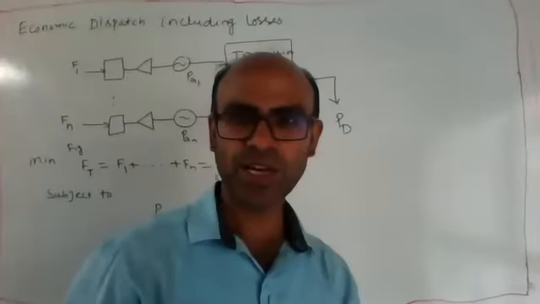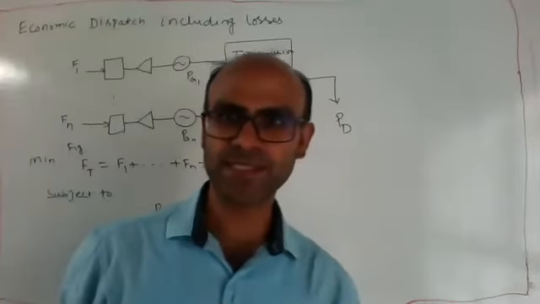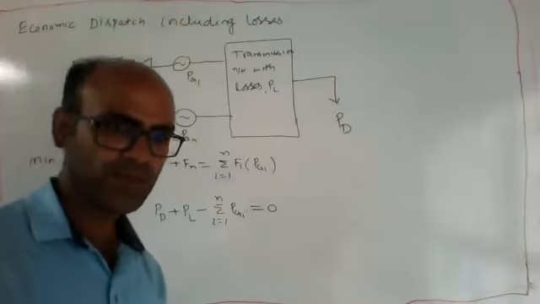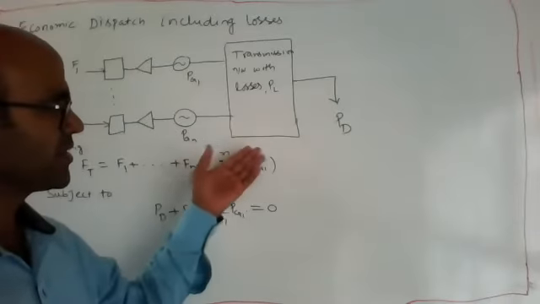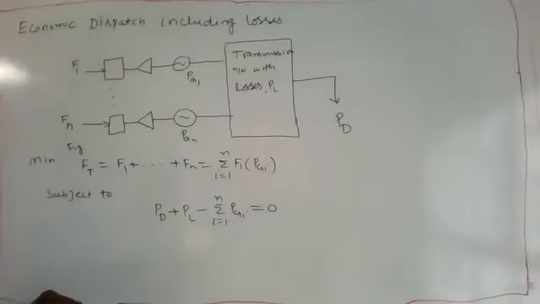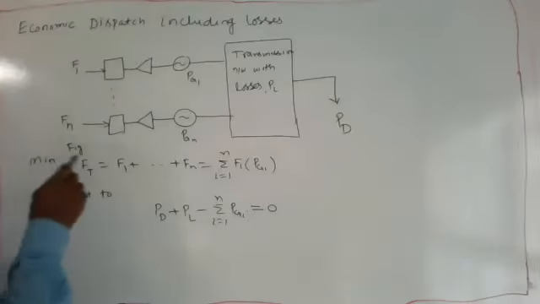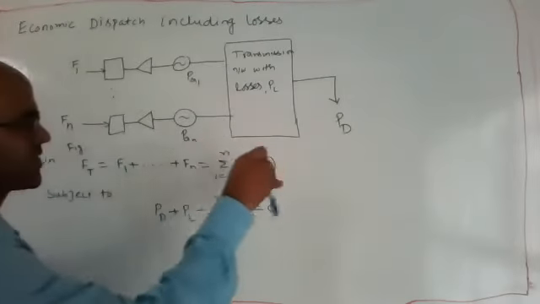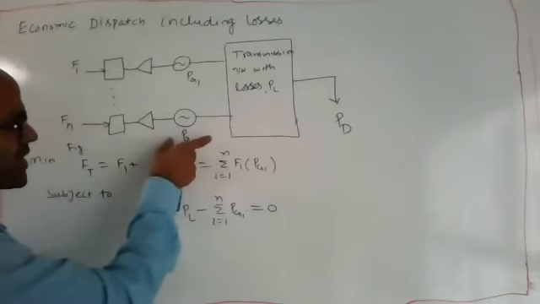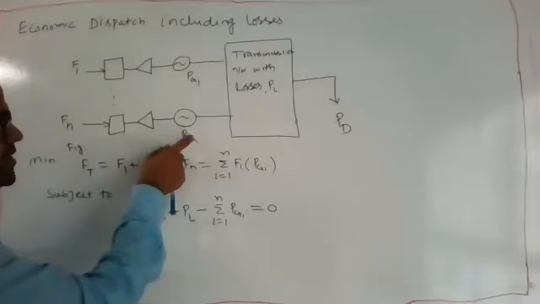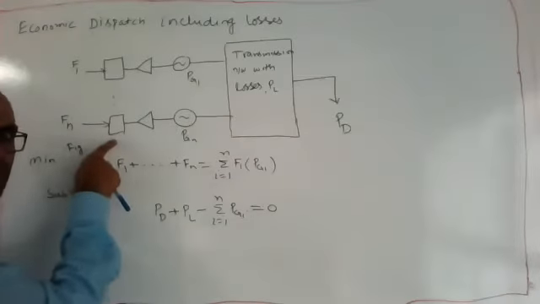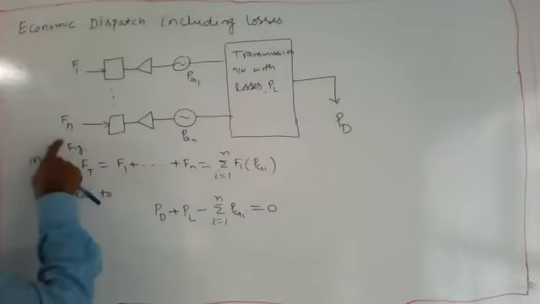We have discussed the lossless transmission system. In that system, how can we transmit power economically, meaning with minimum cost? Economic means we are giving some cost. This is our system. This block is the transmission system, which is connected to the generators, and the generators are connected to the turbine, and the turbine will get fuel from some source.